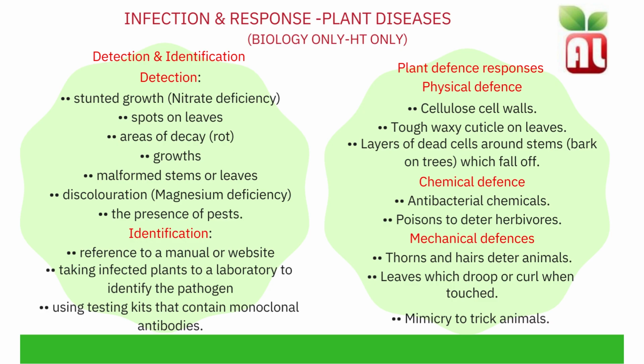Plants can also defend themselves against infections. Physical defences include a cellulose cell wall, a tough waxy cuticle on the leaves, and layers of dead cells around the stems, all of which prevent the entry of pathogens. Plants may also have chemical defences, such as antibacterial chemicals or poisons to deter herbivores. Mechanical defences include thorns and hairs to deter animals, leaves which droop or curl when touched, and mimicry to trick